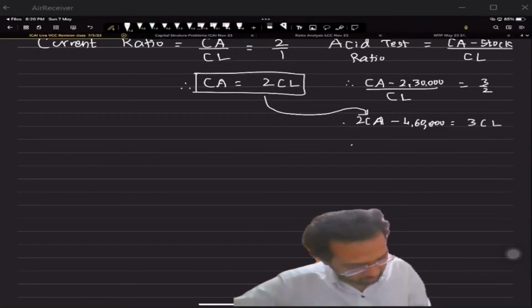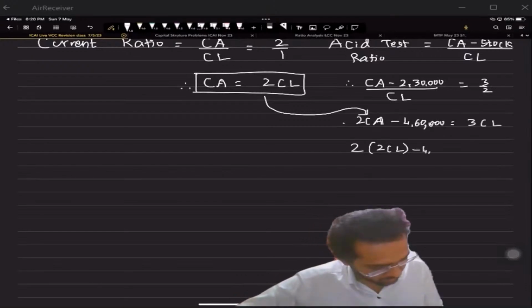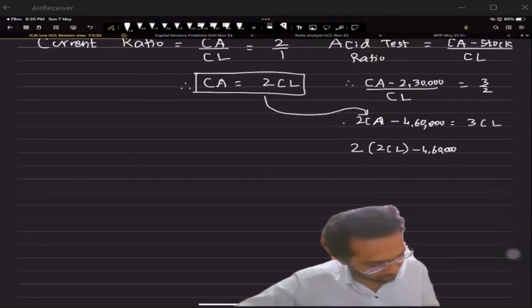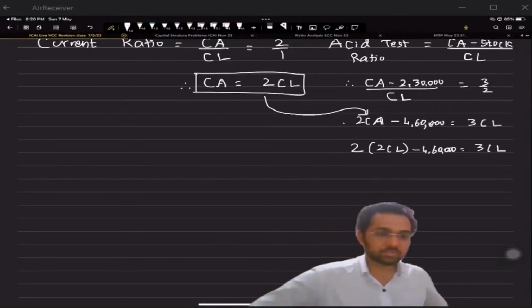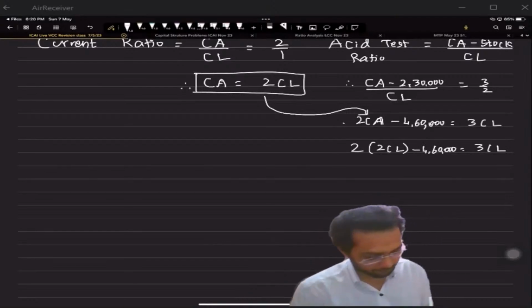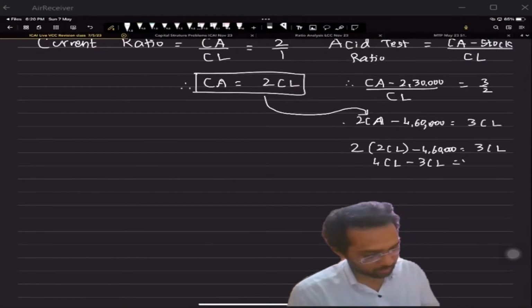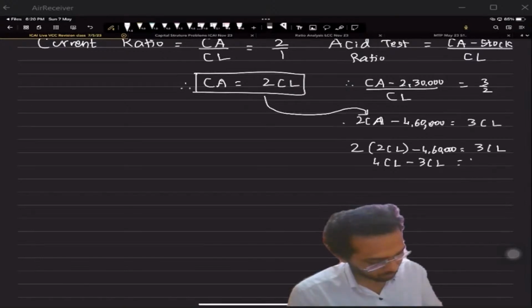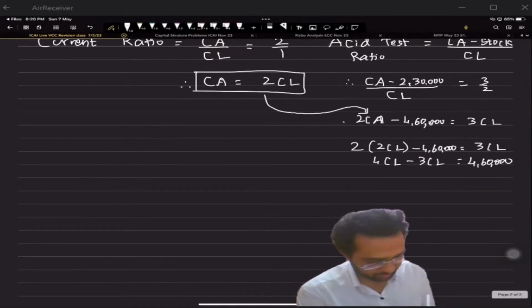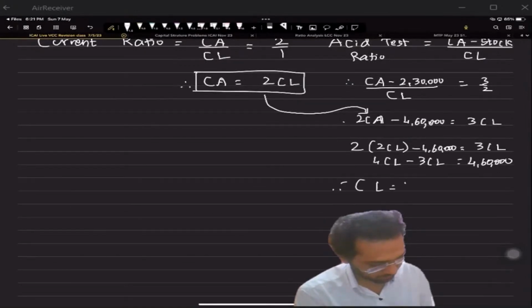So this becomes 2 times of 2 current liability minus 4,60,000 is equal to 3 times of current liability. We have 4 times of current liability minus 3 times of current liability is 4,60,000. And that actually makes it as, we have the current liability figure as